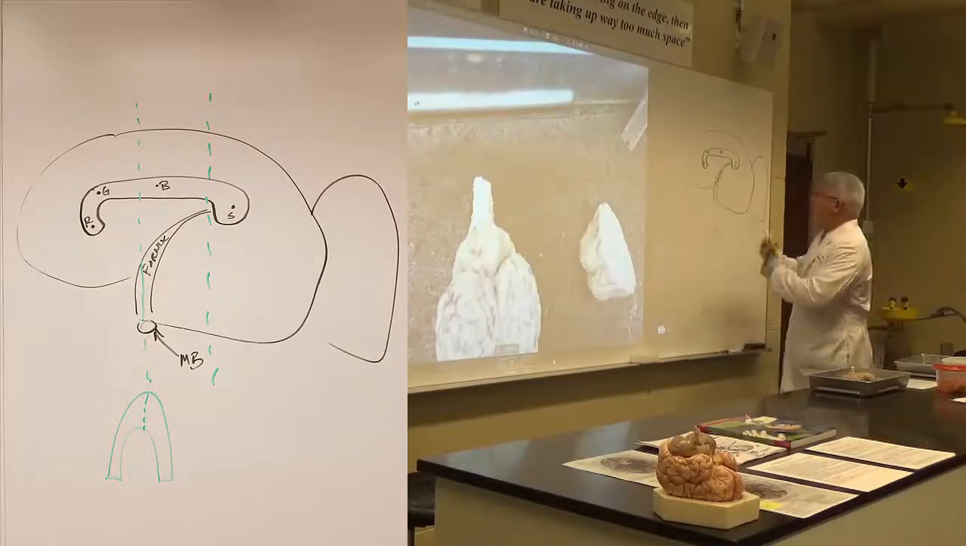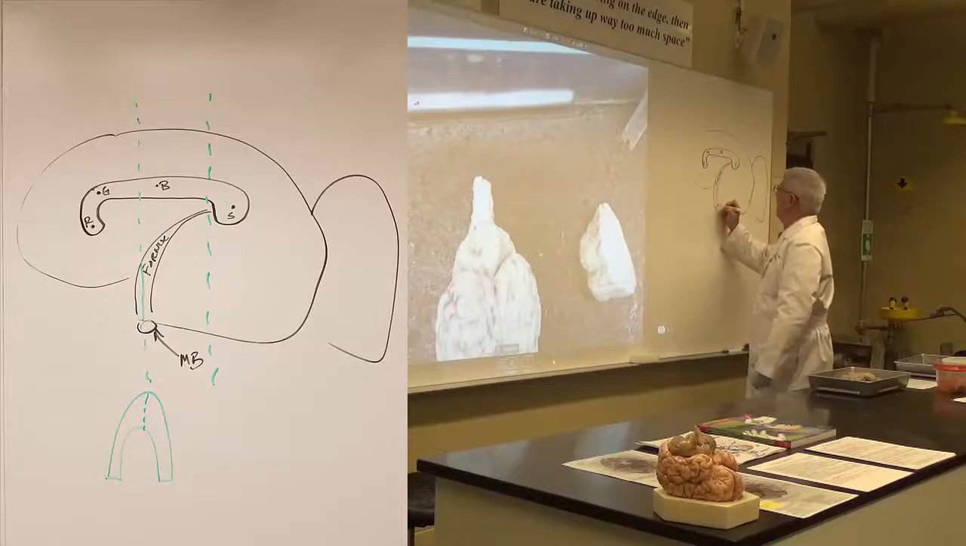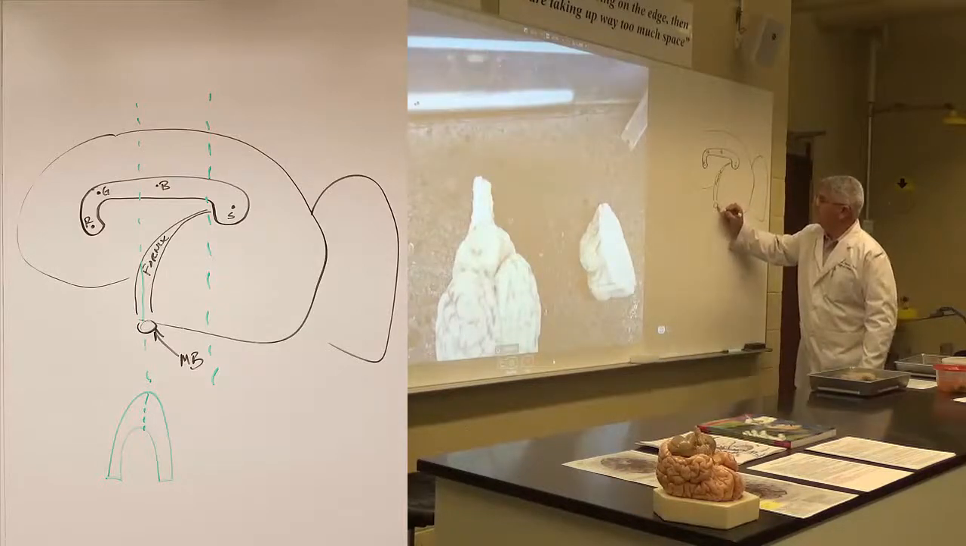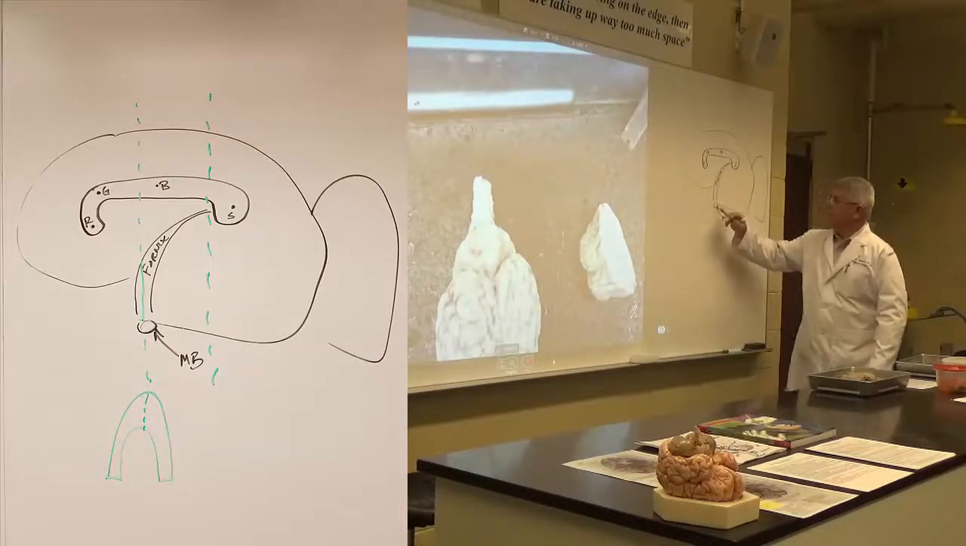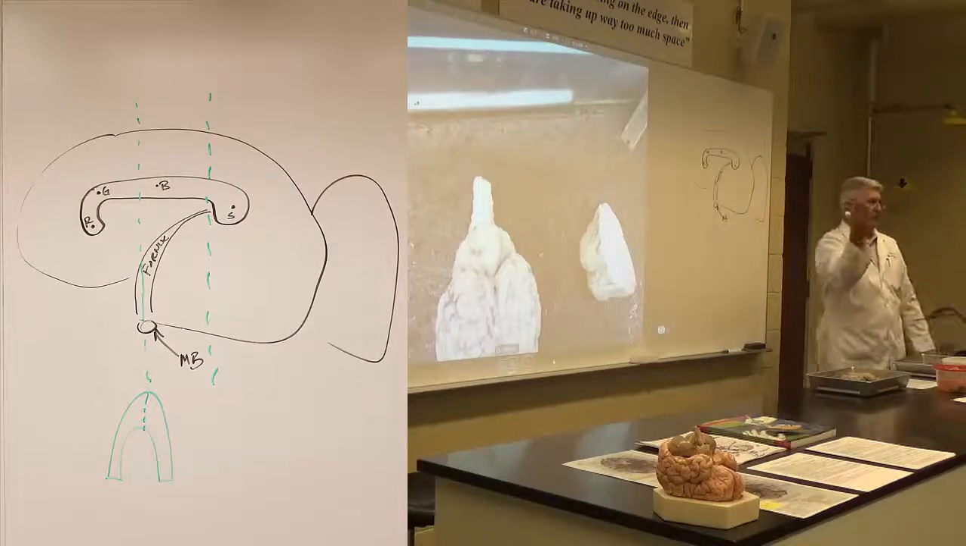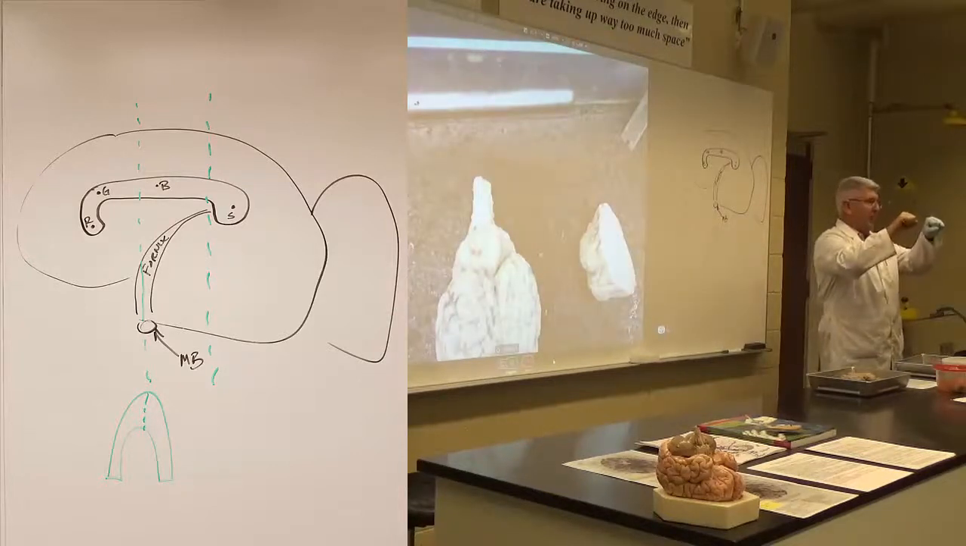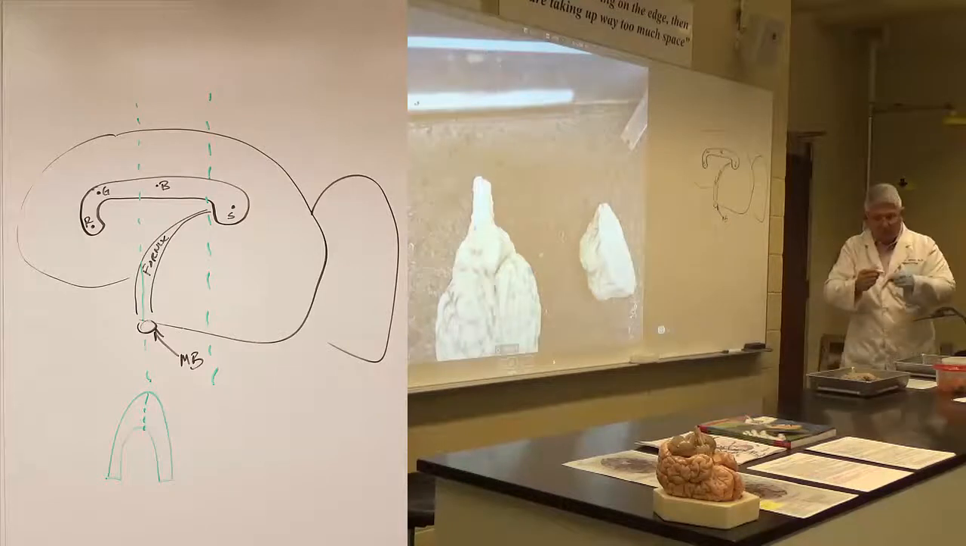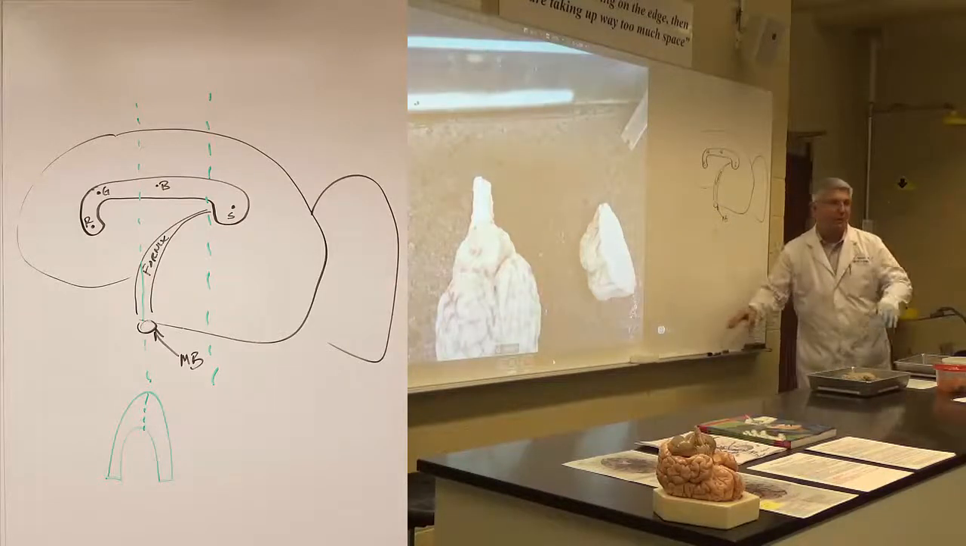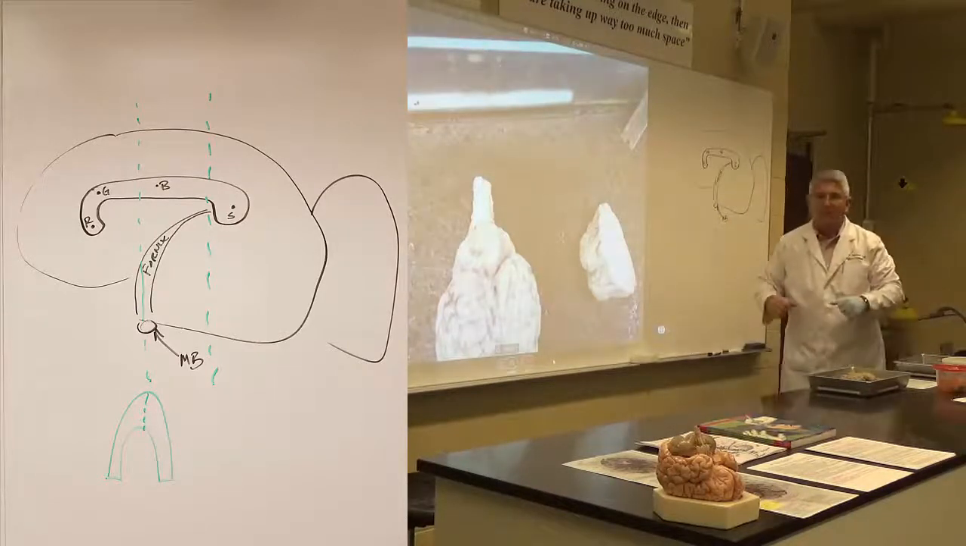Now, underneath here are actually the mammillary bodies. If we were to flip the brain over and look at the ventral side, you have those two mammillary bodies that are right next to each other. So the way this all connects and works is that,